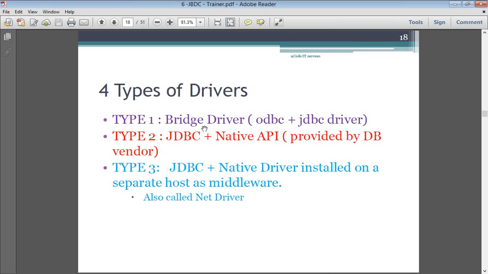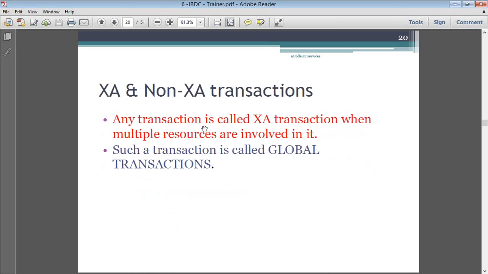It's called a middleware host, so it's called a net driver or network driver, anything you can call it. Type 4 are your pure Java drivers. You also call them thin drivers. And these are the ones that are being currently used. Now, apart from these things,